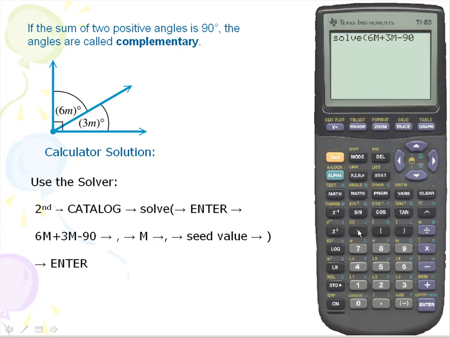We must use a comma. We must use our variable. In this case, our variable is m. So again, that's alpha and our division symbol. I'll put in another comma. And next we want to put in a seed value. And for the seed value, it doesn't matter, any number you put in. I'm simply going to put in a 0 for the seed value. I'm going to close off the solve function and I'm going to hit enter. And notice that it gives us a value of 10